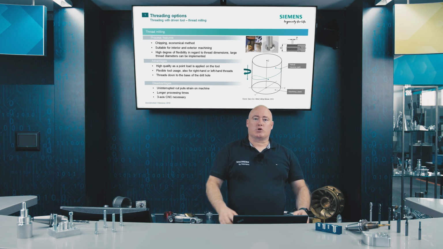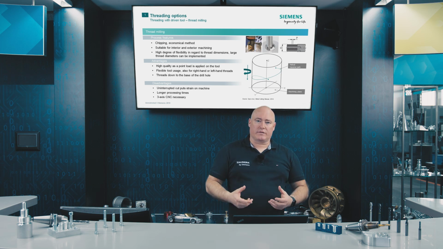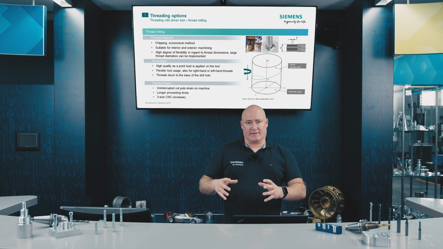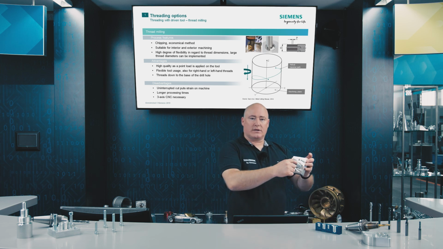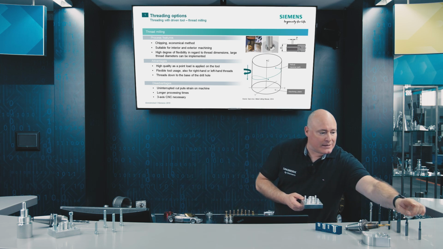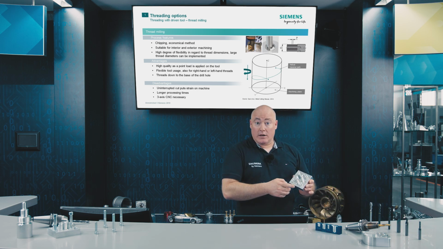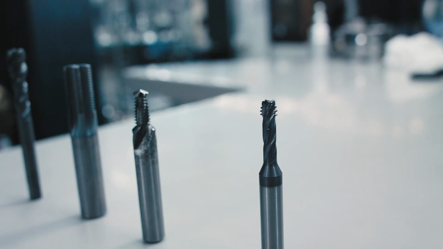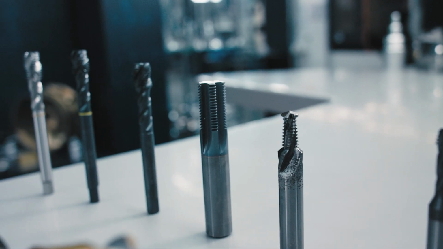Thread milling is a cutting process which is an extremely cost-effective way of machining threads. This is also suitable for internal and external machining, where we have the choice of using single-edge or multi-edge milling cutters. The diameter of the tool, the general size, is therefore relative to the thread diameter being machined. Consequently, larger threads can also be produced, for example, with smaller thread milling cutters, or smaller threads with larger thread milling cutters. This allows us to maintain flexibility.